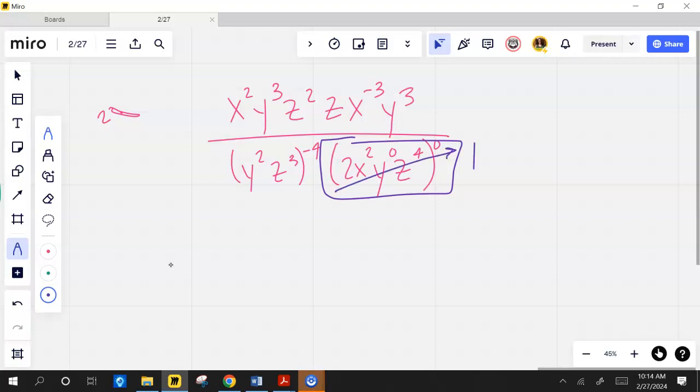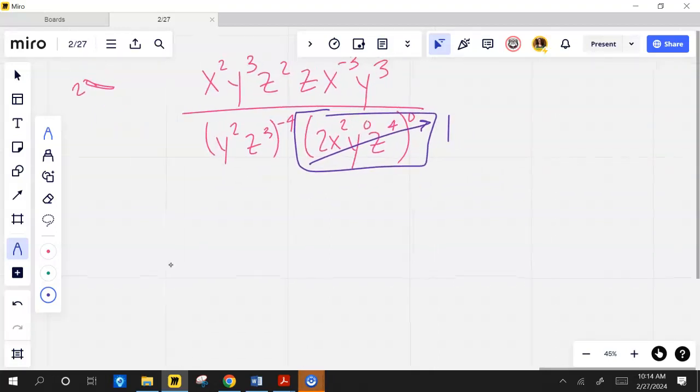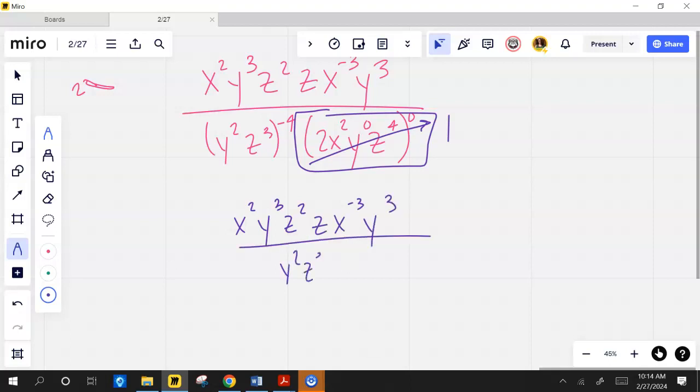And anything times 1 is itself. So I'm just going to stop right there with that part and say that's just 1. So really what I have now is x squared y cubed z squared times x to the negative 3, y cubed over y squared z cubed, all to the negative